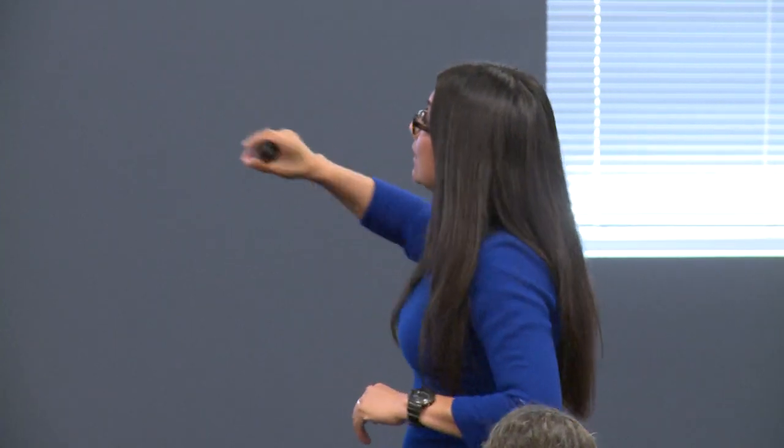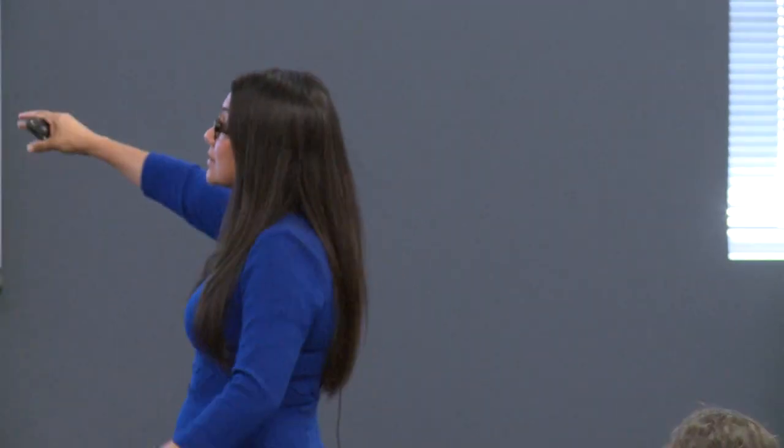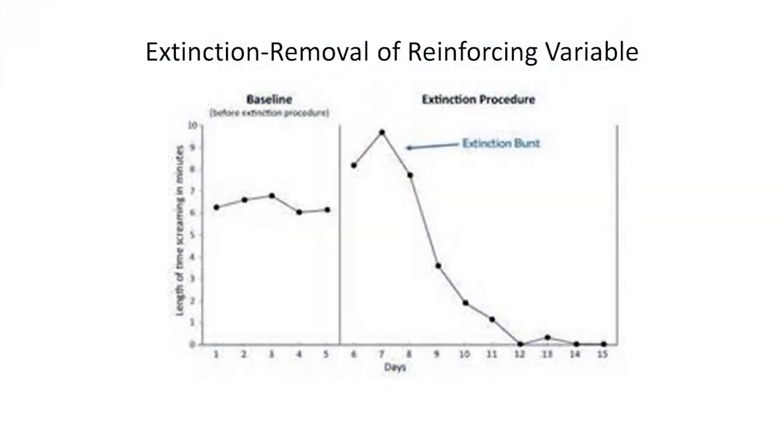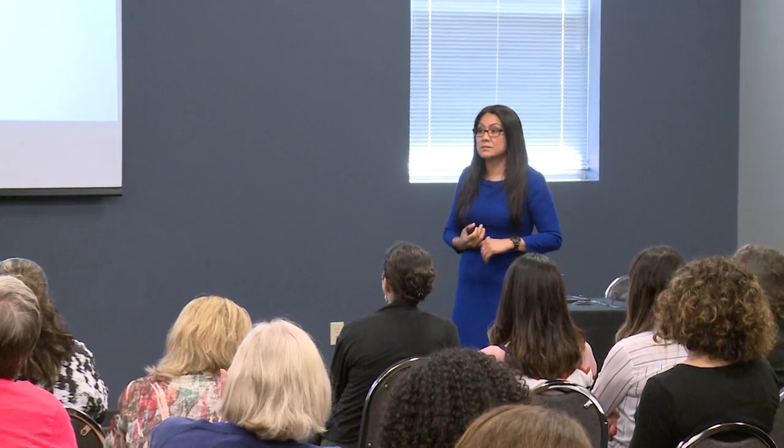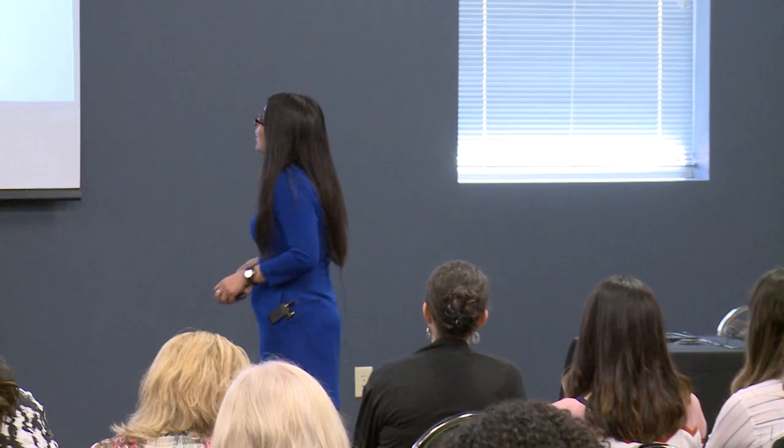And one of the things you'll see here, this is just showing you a graph. This is baseline. This is showing you the high occurrence of behaviors, right? This is the length of time screaming is occurring in minutes, and that's between 6 and 7 minutes, right? This individual is engaging in screaming behavior, and you have 5 data points there to show that's where this individual is engaging in problem behavior.